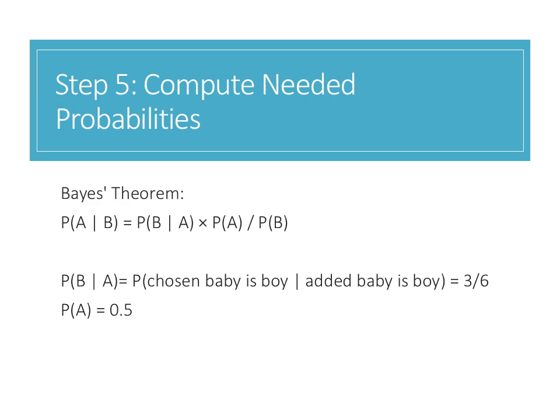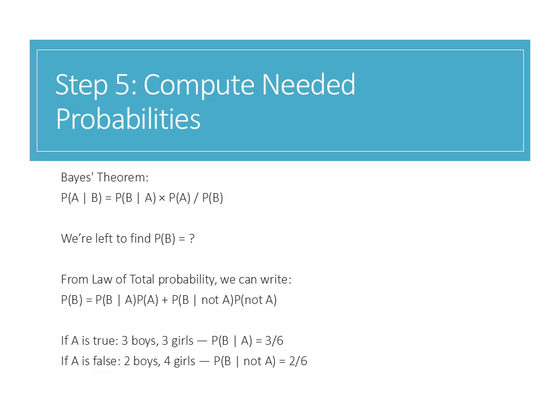The probability of B given A means the probability of choosing a baby boy, given that the added baby is a boy. If the added baby was a boy, we have 3 boys and 3 girls. So the probability of picking a boy is 3 out of 6. The probability of A means the probability that the added baby is a boy. Since no extra information is given regarding this, we assume that it's a 50% chance of the added baby being a boy or a girl. Now, we have to calculate the probability of B, for which we use the law of